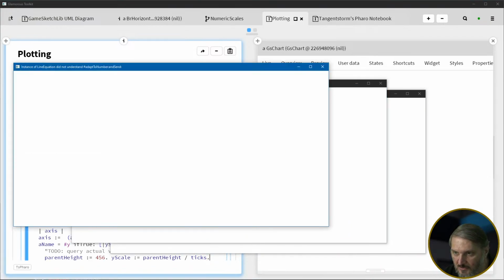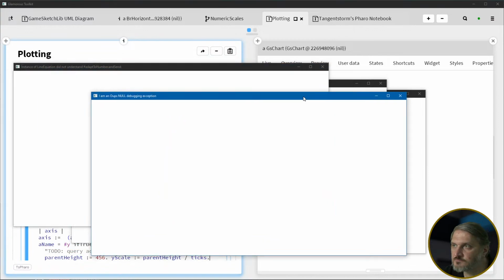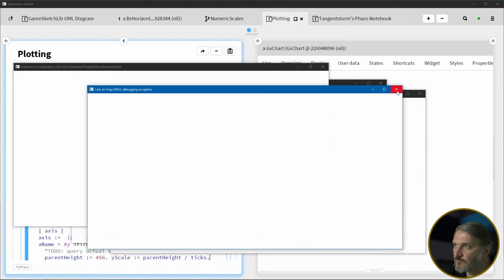I hit the debugger. Yeah, I don't think I'm going to recover from this one. All right, so let's just go ahead and kill. Not sure what I did, but